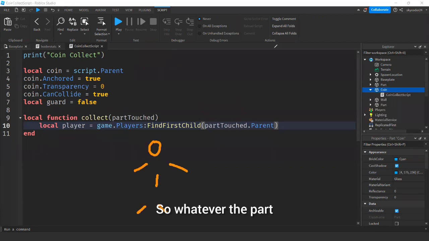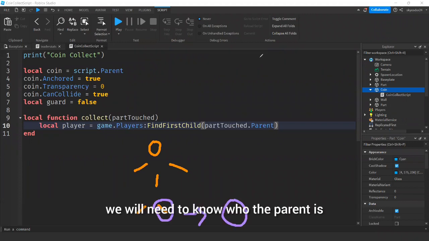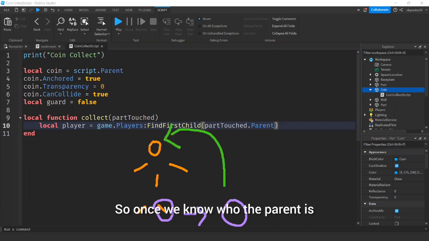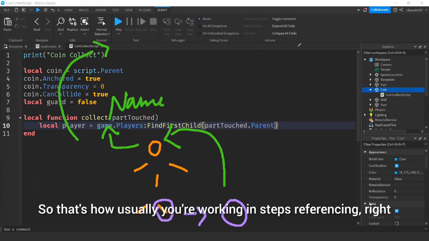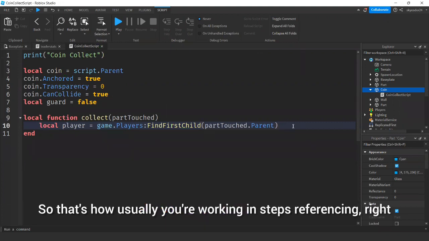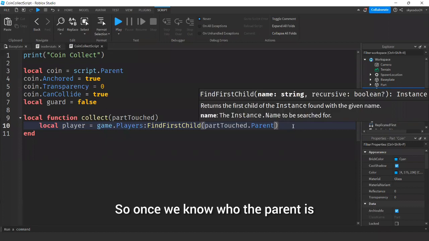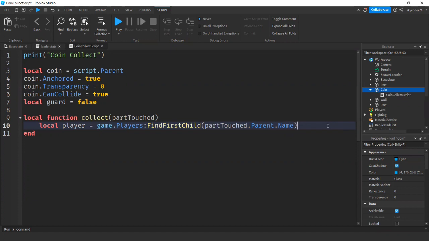So we know whoever is touching the coin, because Roblox characters are divided into multiple parts like that. Whatever the part or the child is touching the coin, we will need to know who the parent is. So once we know who the parent is, we can also get the name of the parent. And now the character can be connected. That's how you usually work in steps, referencing. So once we know who the parent is, let's get the name. And that's it. Now we will write a condition. If the person is a player and